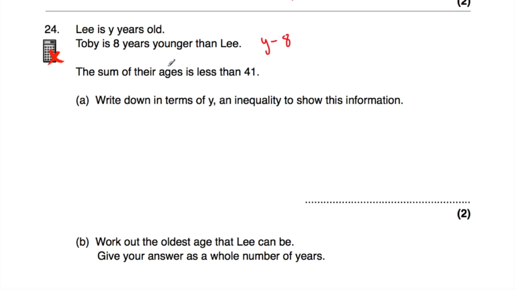And then we're told the sum of their ages is less than 41. So the sum of their ages, when we add their ages together, is going to be less than 41. Part A says, write down in terms of y an inequality to show this information. Okay, so we need to write down an